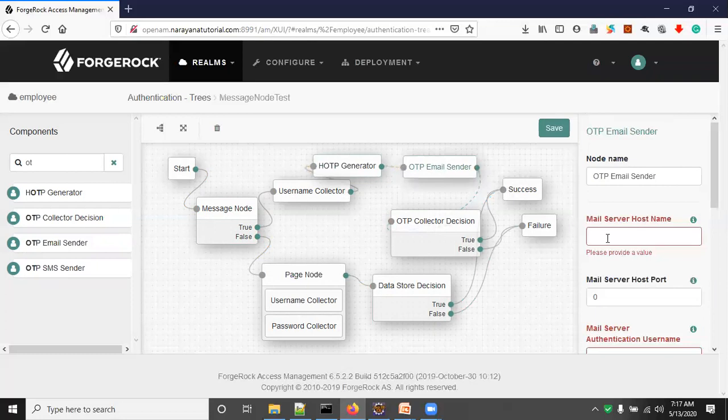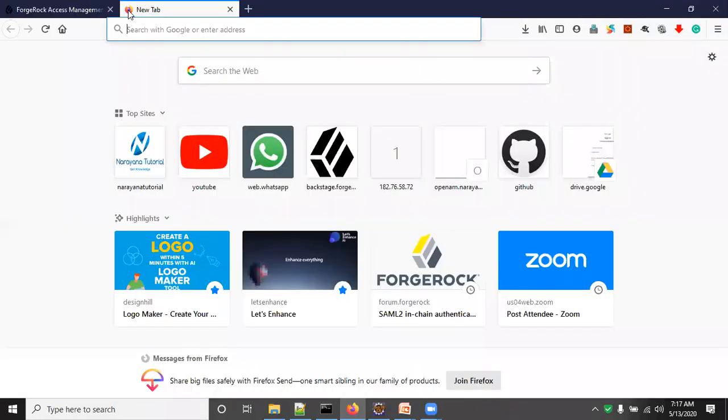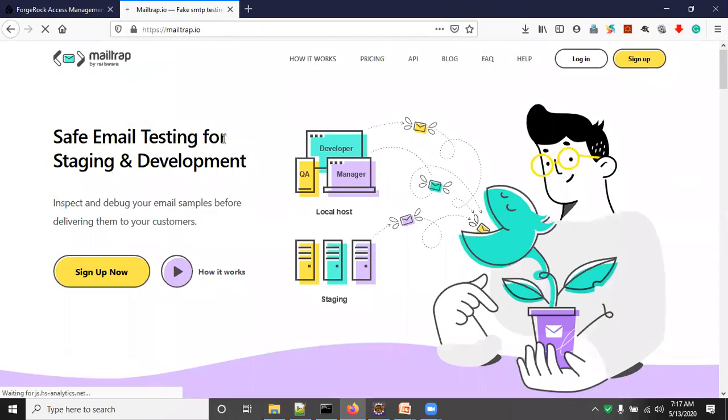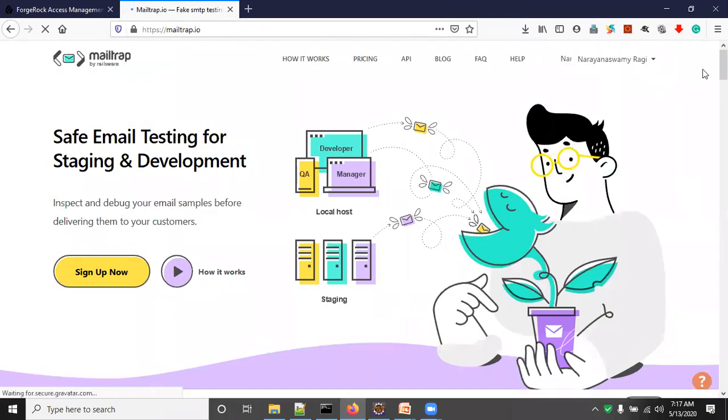Here we have to configure the email server details. In the previous videos I also mentioned that Mailtrap is one of the email inbox servers. You can use this one, it is free of cost. You can sign up in Mailtrap using a Google account.